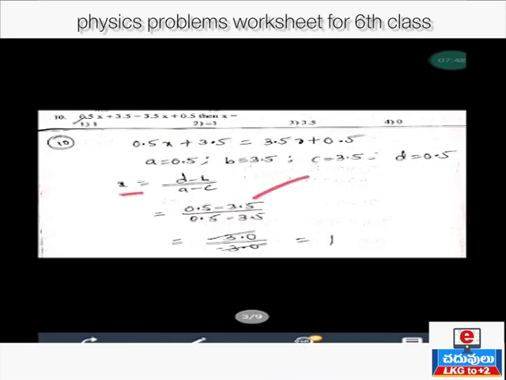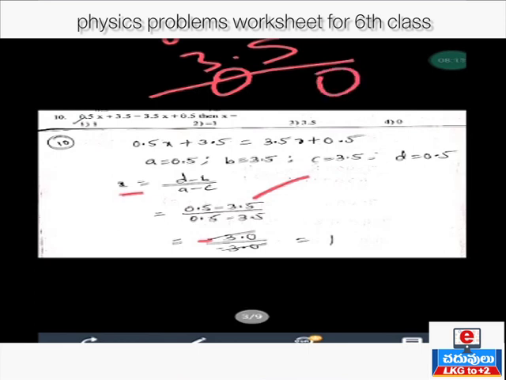But what is the sign of 3.5, children? Minus. So that's why in numerator we can get minus. 3.5 minus 0.5. 0.5 minus 3.5, children. We cannot subtract a bigger number from a smaller number. 5 minus 5, 0. In 0, we can subtract 3, no. But in solution, we can get negative. So what is the answer here? We can get 3.0. Minus 3.0.